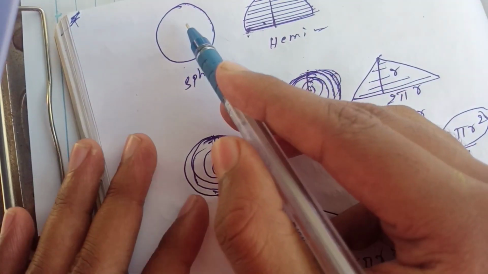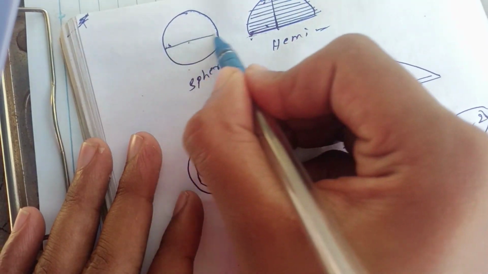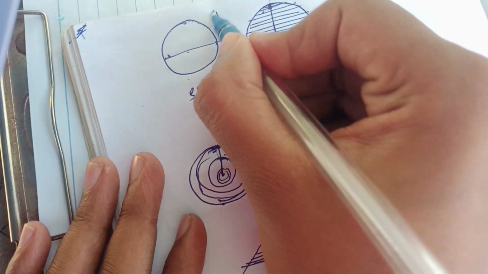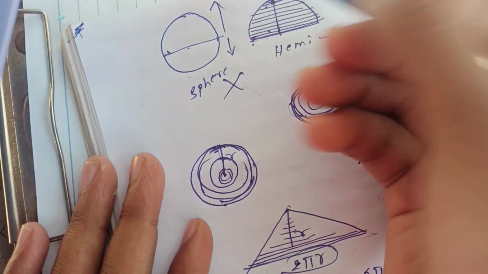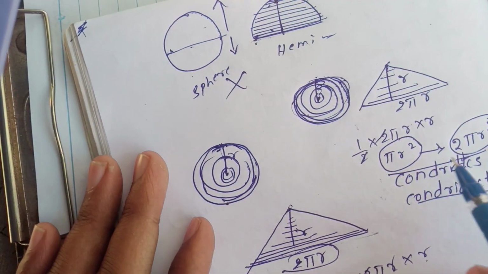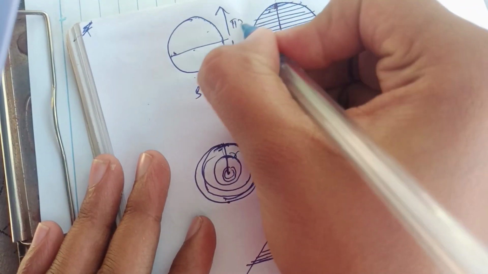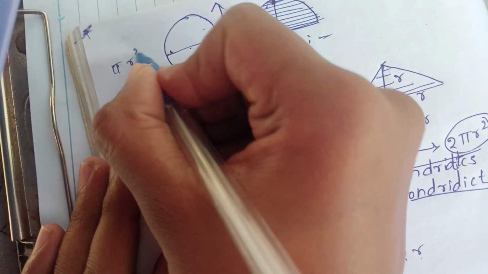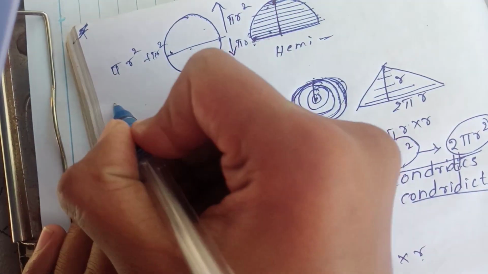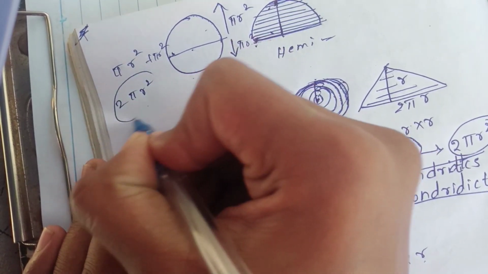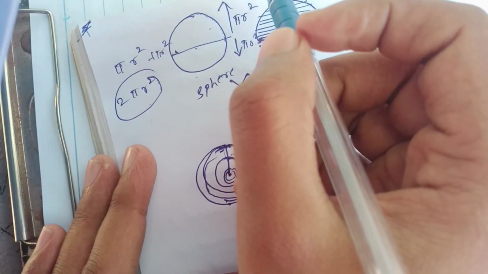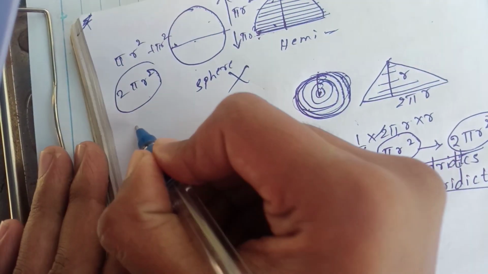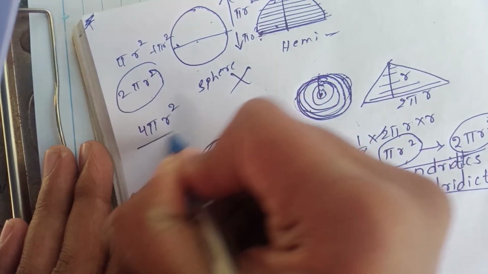And now you can see in the same way the sphere also. This half will be the hemisphere, and this half will be the hemisphere in the same manner. This, as I told, is pi r square. It will also be pi r square, and this will also be pi r square. So total pi r square plus pi r square, it will be 2 pi r square. But I think the TSA of a sphere is 4 pi r square in our textbooks, and this also contradicts.